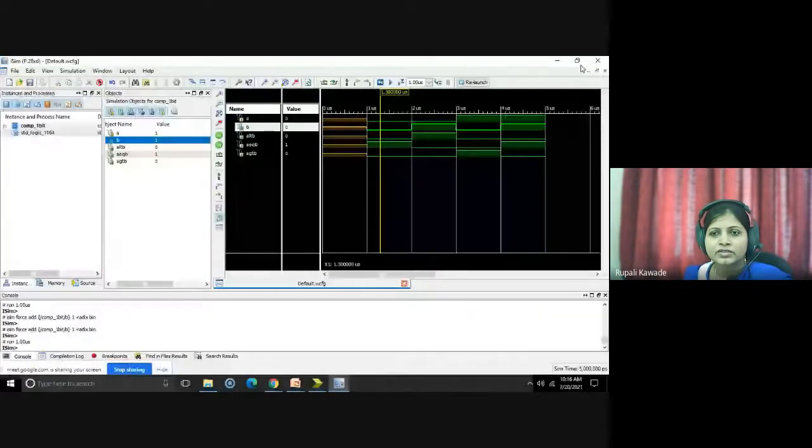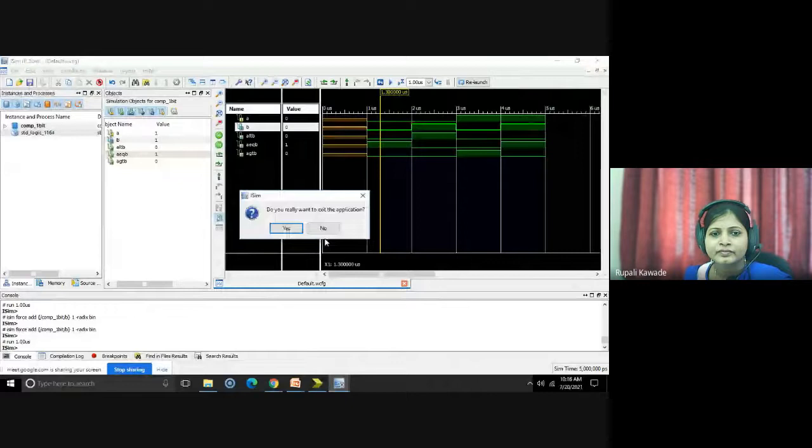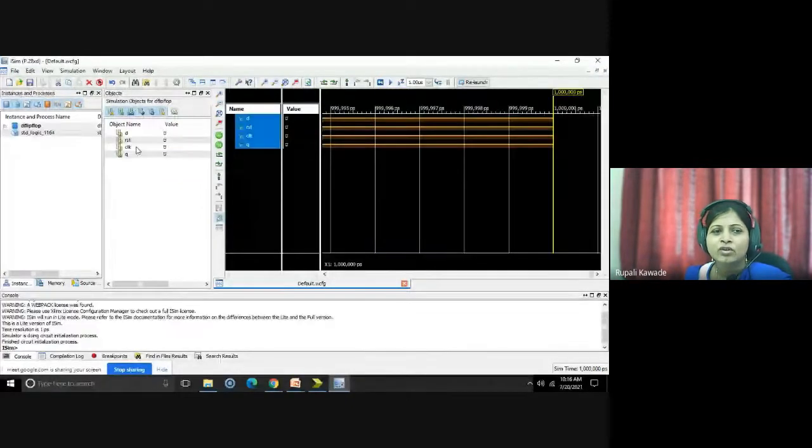Now here, the clock. Force clock signal.